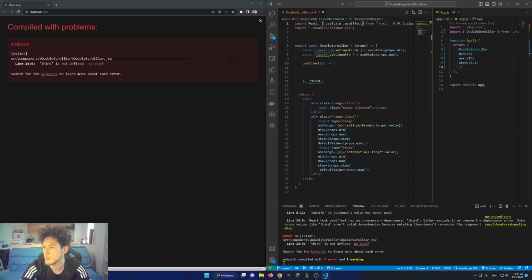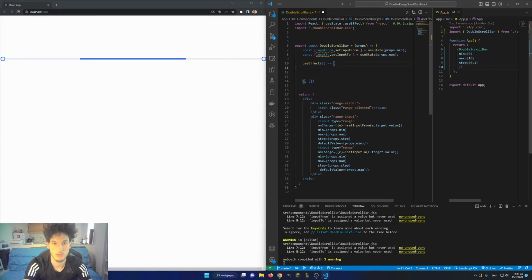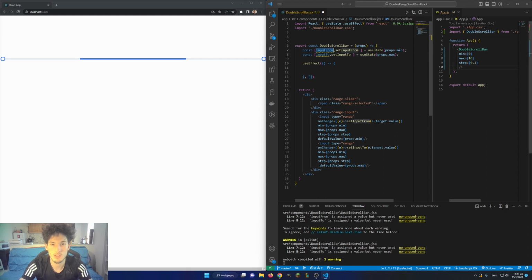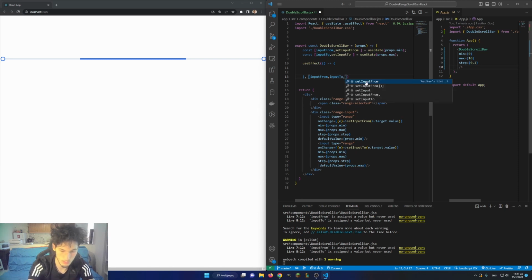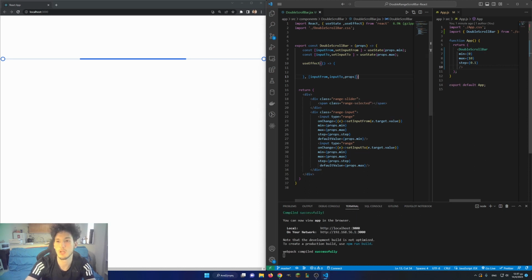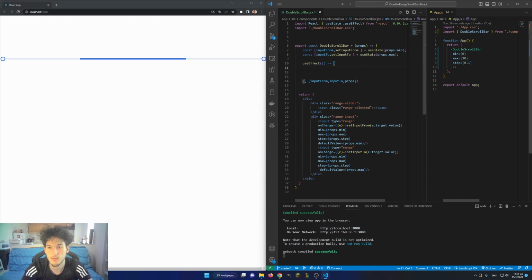Yes, okay. And pass inside the input from, input 2 and let's say props 2. If we dynamically for some reason change this props, we want to just recalculate this. It's optional though. So for now we have to select our range selected, and now we have to think about